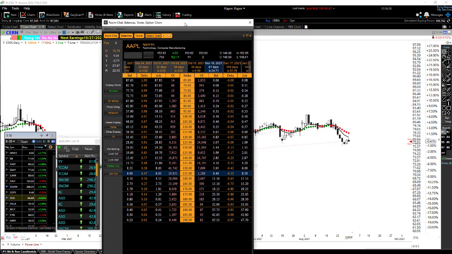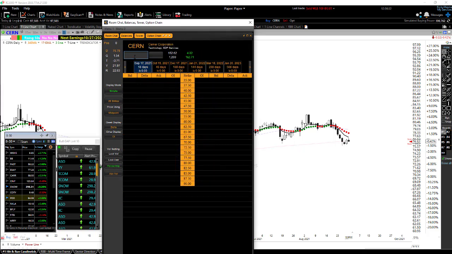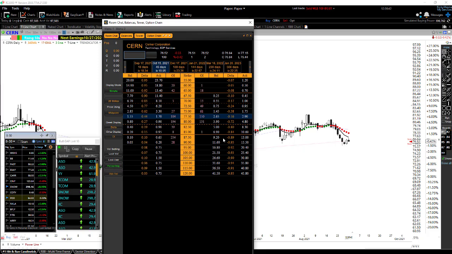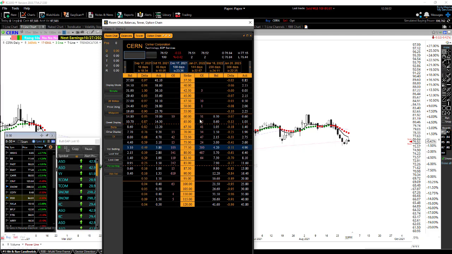Then I would come in here and type CERN. And I'm always going to go 50 plus days, give or take a little bit. So 46 is acceptable. So I'm going to go over to the put side, and I'm going to look for open interest. And there's no open interest. So this won't do. So let's go over here to December. I'm going to look for open interest. That's close. Yeah, that'll work.